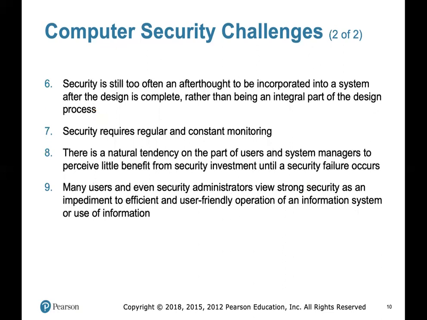Okay, number 6, it says security is still too often an afterthought to be incorporated into a system. It basically says that designers mainly think about security this way: okay, let me first design my system. When I'm done with the design, when I've implemented everything, now I come to you and we talk about its security. We should probably be able to do something at that level to make my system secure. This is the kind of view or standpoint that most non-security engineers have, which is of course